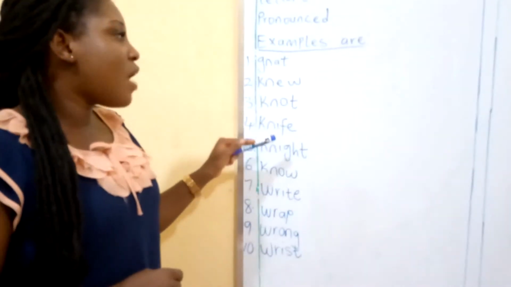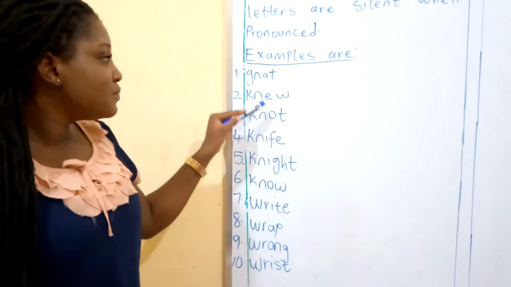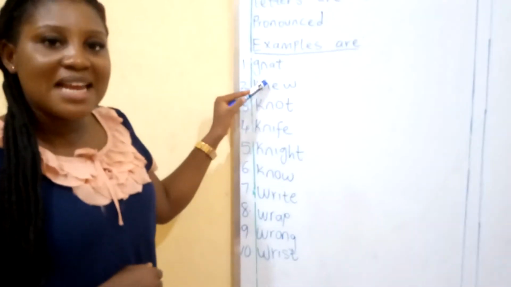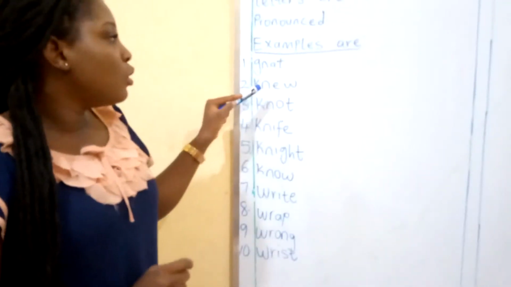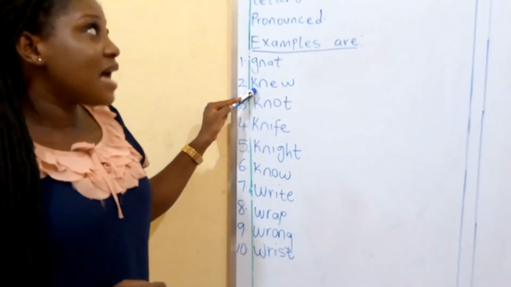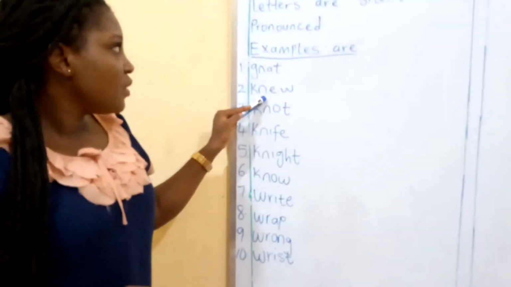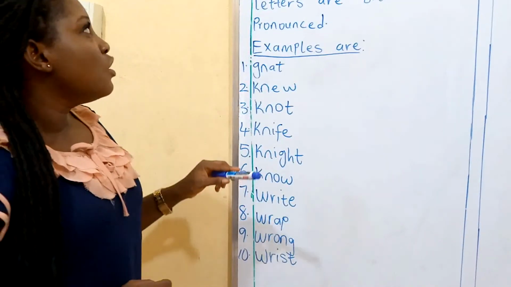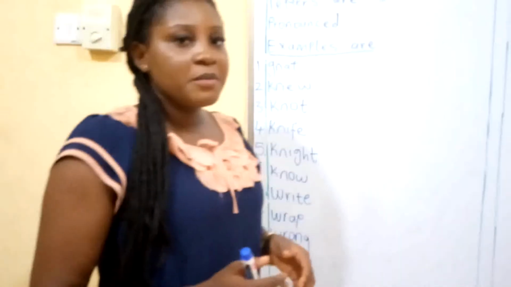Okay, so what if you are writing words that begin with silent letters? Should you exclude those silent letters? No, you shouldn't. You should write them down. But when you are pronouncing it, you don't have to pronounce the first letter. Rather, you start pronouncing it from the second letter. Lovely.